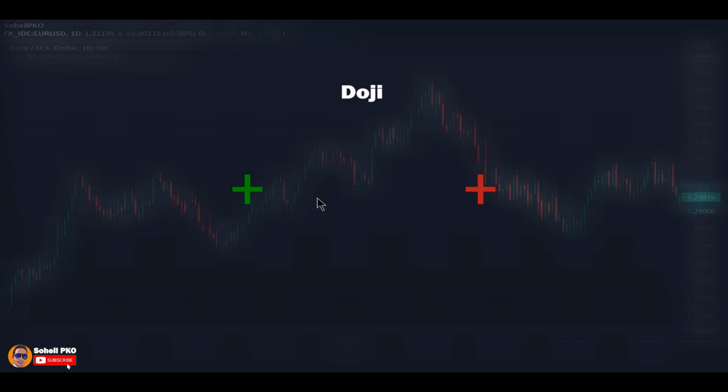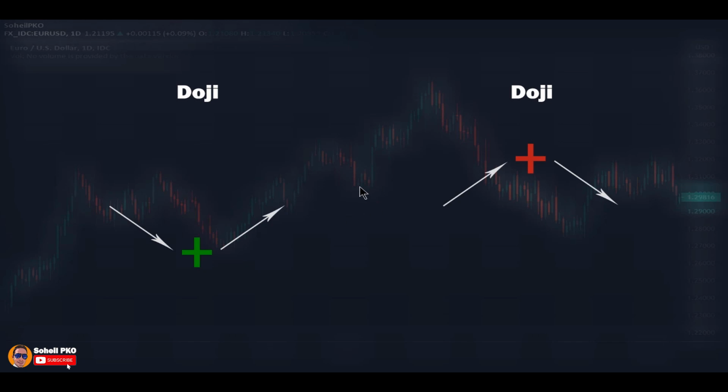A doji candlestick is neutral and it doesn't mean anything but indecision, and the interpretation depends on where it forms or what the previous candle is. For example, a doji that forms at the top following an advance or near resistance levels shows that buyers are weakening and a change in the direction of the price may happen. Or when it forms at the bottom following a decline or near a support level, it shows that sellers are weakening. As I said, previous candles are also important in the interpretation of a doji. For example, a doji after a long candlestick is more significant than one after a short candlestick.